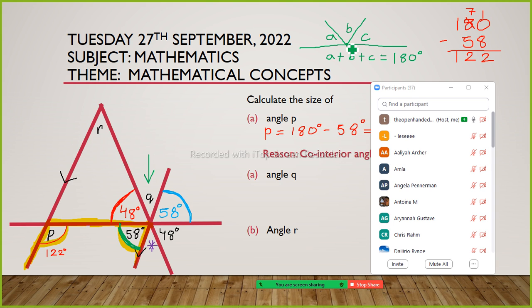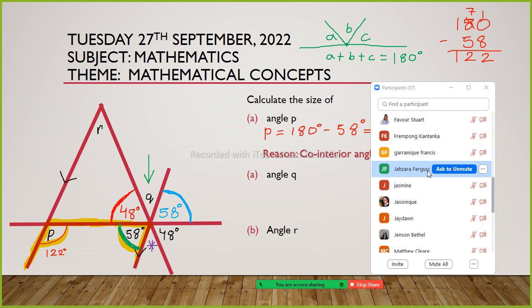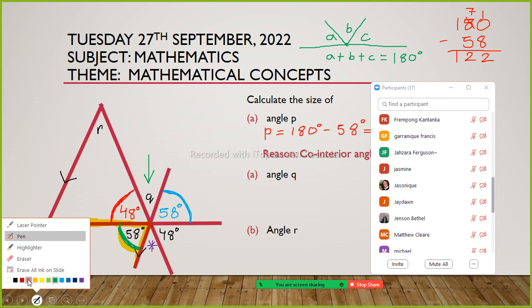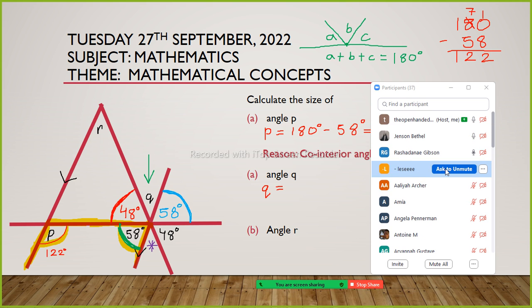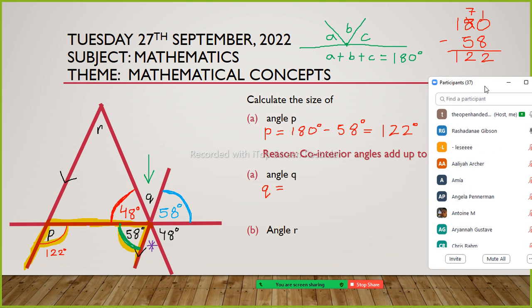Any questions on that? Everything clear? Okay, good. So that means that in order to get Q, what must we do? Add 58 and 48 and then subtract your answer from 180. Very good. So we're going to add 58 and 48, then subtract our answer from 180 degrees to get Q. So it's going to be 180 degrees